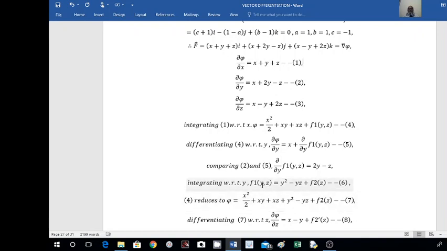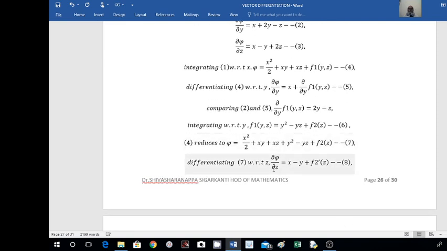Now substituting this f1 of yz in 4 here, then 4 reduces to pi equal to x square by 2 plus xy plus xz plus y square minus yz plus f2 of z. So 4 reduces to this one, right? Next, I will differentiate this with respect to z. After differentiating with respect to z, I will compare with this 3 here, right? So differentiating 7 with respect to z, we get